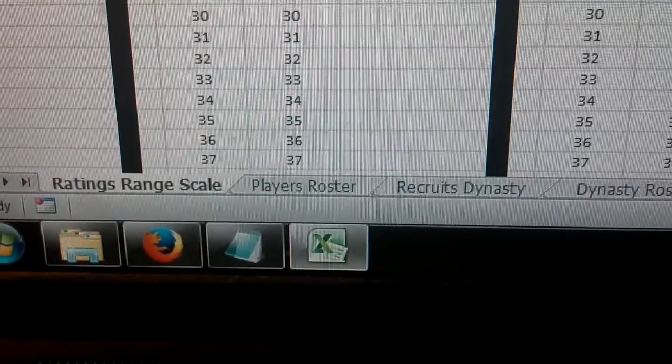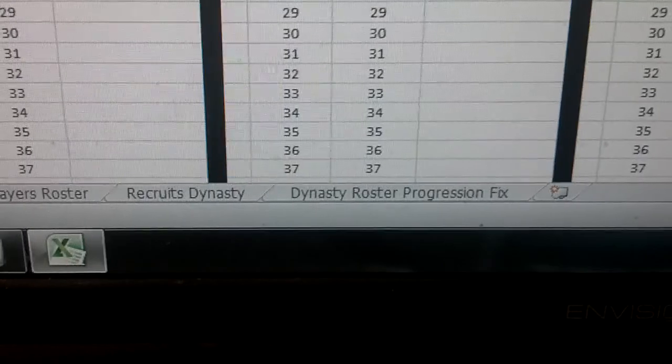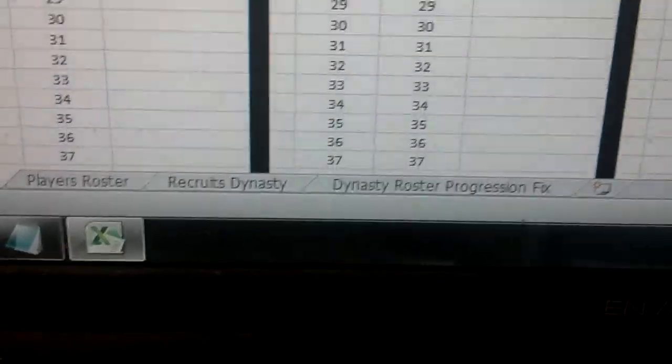Now we have 3 more tabs right here. Players roster, that's going to be used to make your own roster. If you want to make your own roster, want to dive into that whole concept, I don't recommend it. It's sleepless nights, it racks your brain. But if you want to, by all means, that's where you're going to go. Now the last 2 are the main ones for Dynasty. So if you're going to run with the roster we